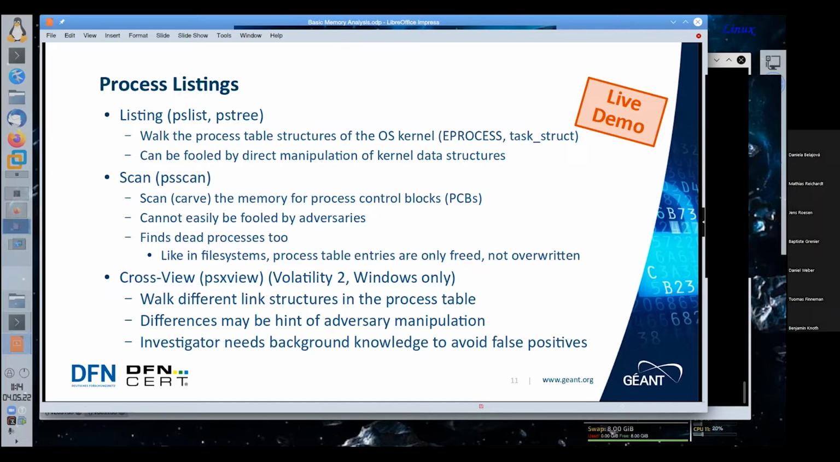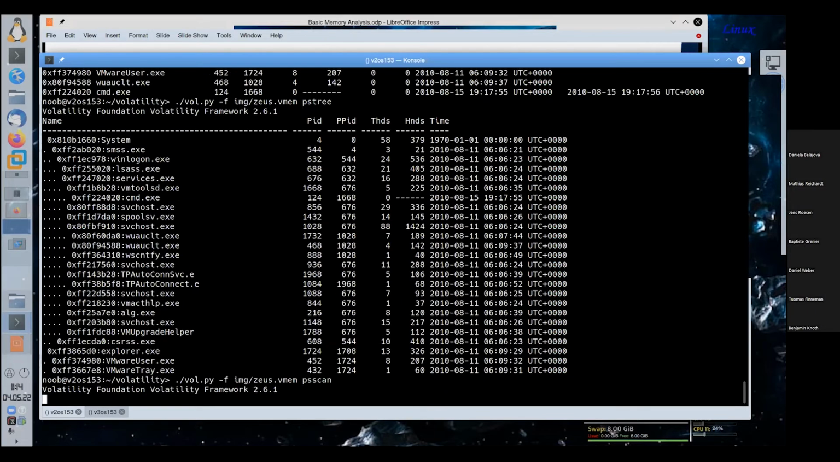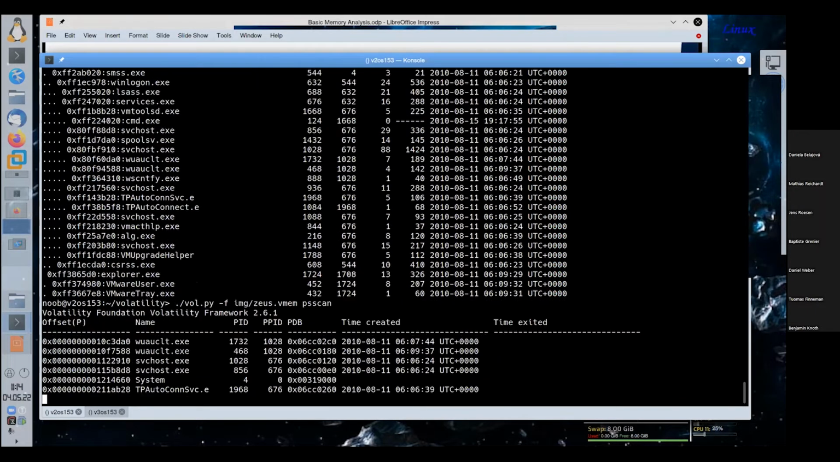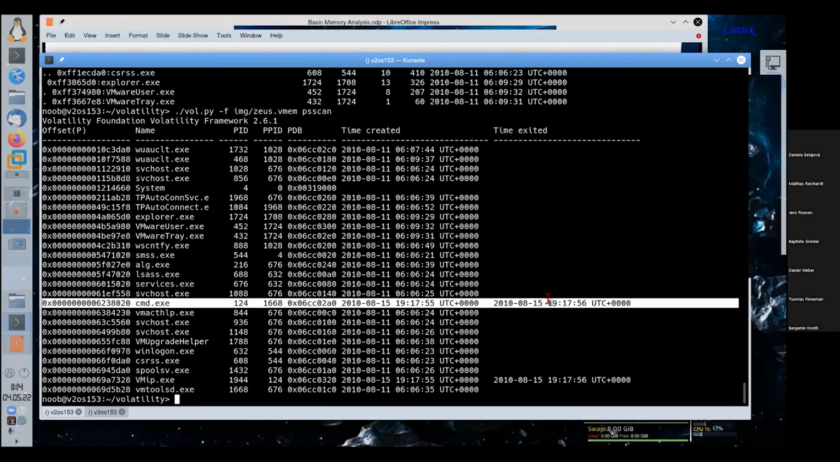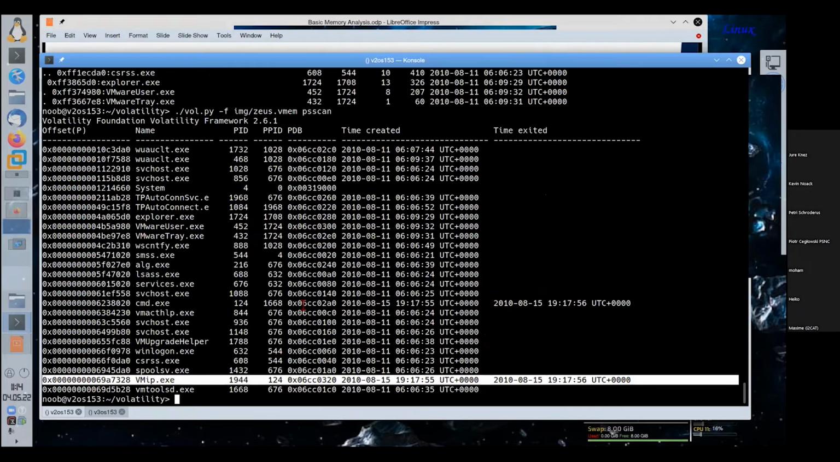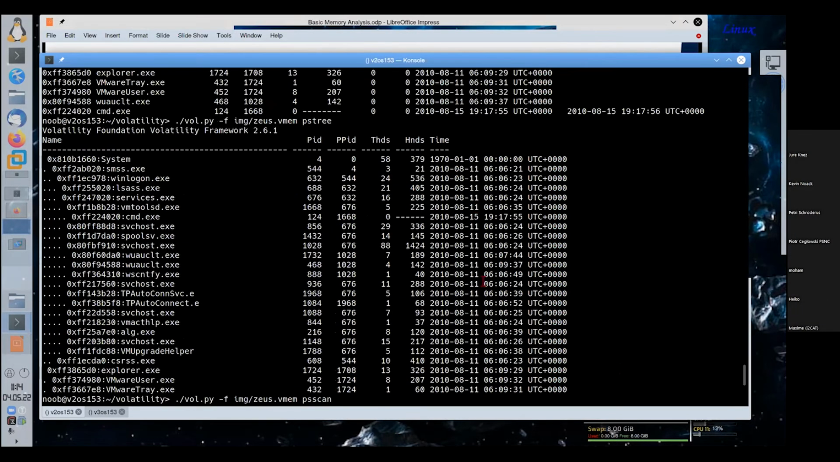So we can find dead processes in this way, and this will help us even finding processes which may have stopped running some time ago. Of course, this is a highly volatile environment, and I think we don't have any processes. Oh, yes, here is one. Here we have one command exe and one VMIP exe, which have a finish time. As you can see, we have here only starting times